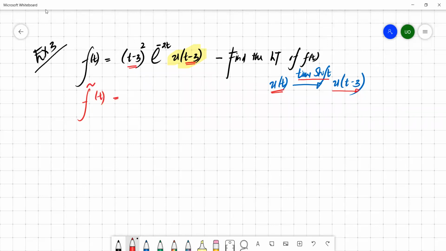I'll assume that this would be the root function: t squared e to the power minus 2t u(t). Then if I assume that this f tilde t is the root function, which basically,